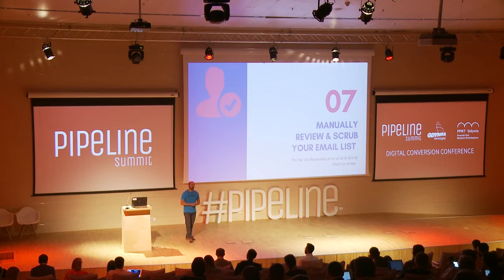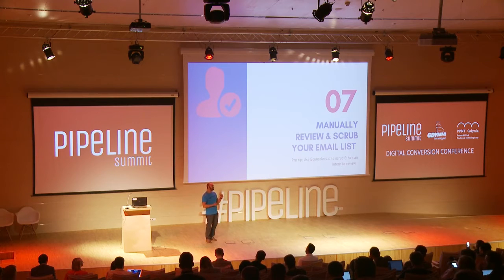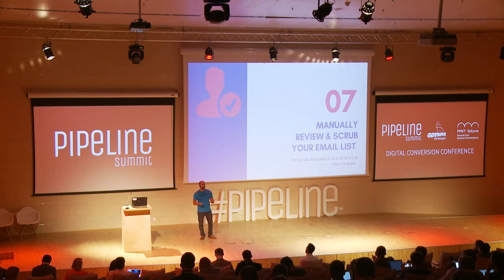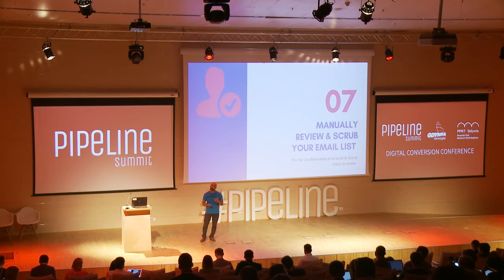The next thing is to review your email list manually or scrub your list. This is the list building side of things. You can use services like Bounce List, Email List Verify. There's a handful of them out there to scrub your list, especially if you're buying it. This is going to help your spam rating go down drastically. And trust me, once you hit that spam rating, you don't come back from it.